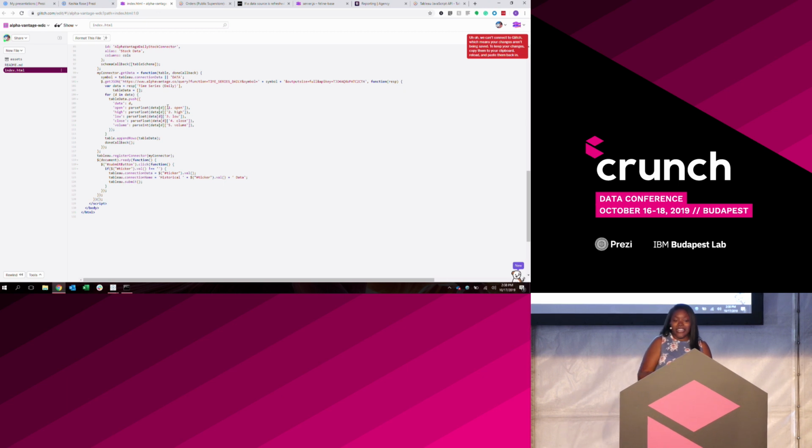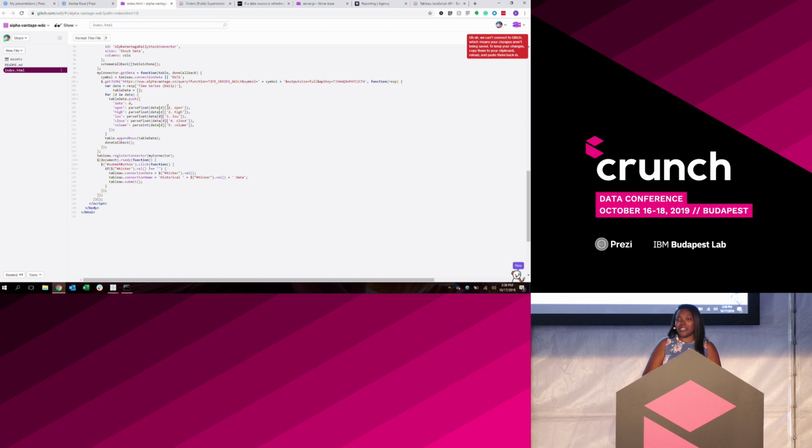But the idea here is that it's something that you can do to extend the power of what you're already using. If your software, whatever it is, doesn't connect to the data you need, you're never going to be able to get started. Finding a way to actually pull that data in a way that's streamlined, automated, and refreshable is